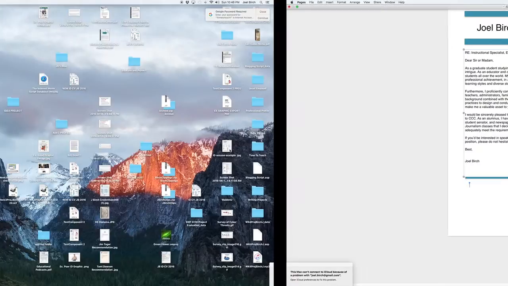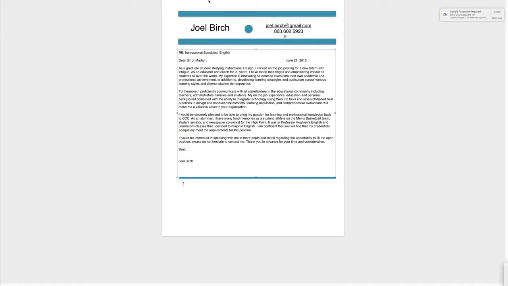This is a tutorial on how to export a document from the Pages application using a Mac computer into either a Word document or a PDF, which are the two most popular forms of export. At least in my experience, that's been the case. When you are ready to send your document to another location, which is why they call it export, you will